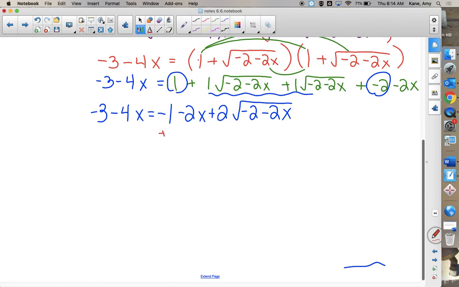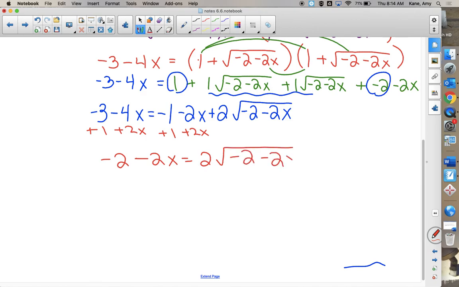That's what I got. I got x squared plus 2x. Yeah, that's right. I'm forgetting to write